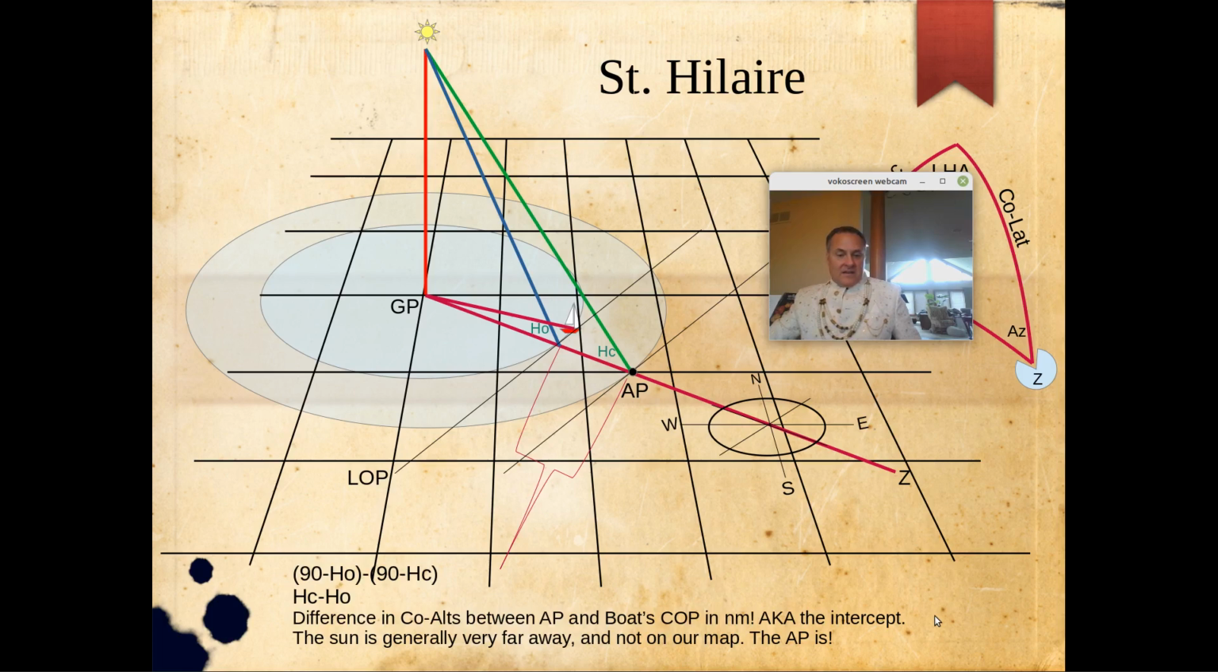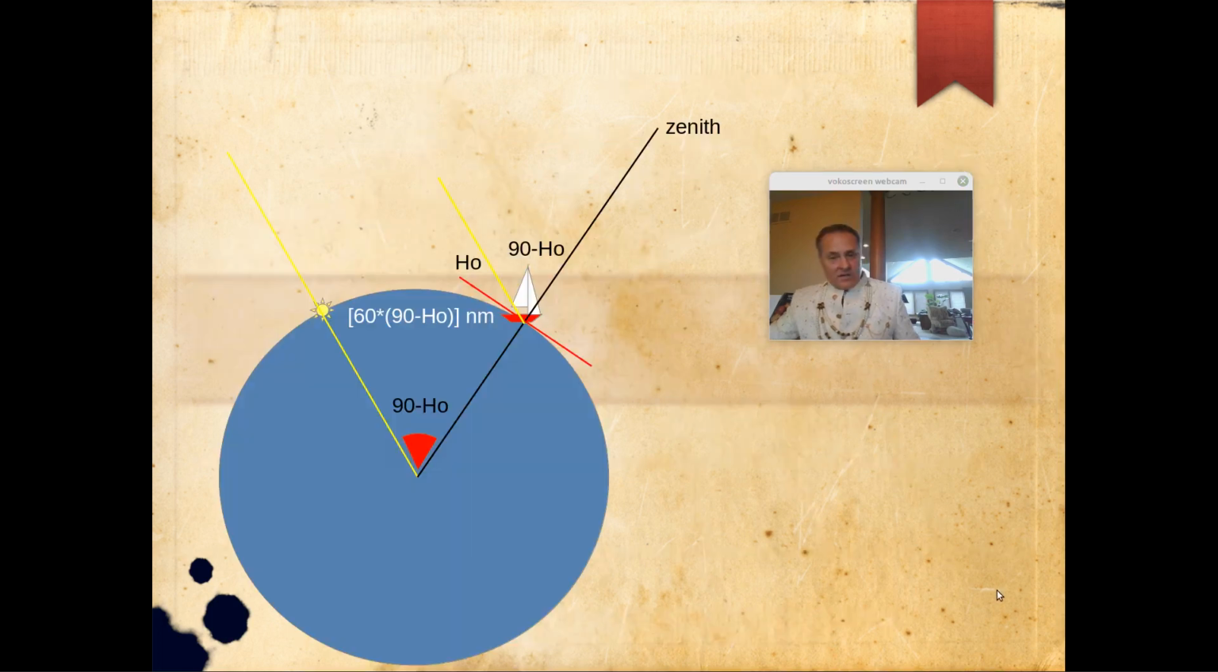The sun, as I said before, is generally very far away. It's not on our map. Our map is a tiny thing, maybe this big. Maybe it fits in this square. But the assumed position is on our map. So, from a side view,